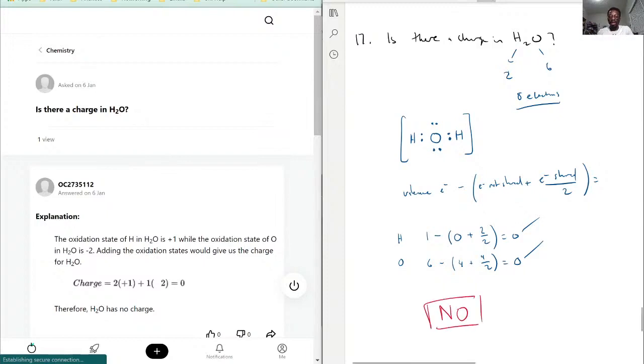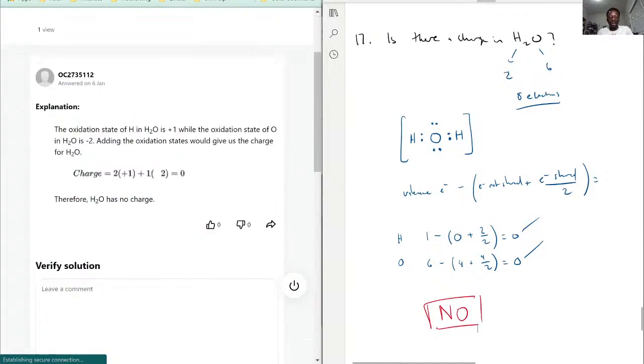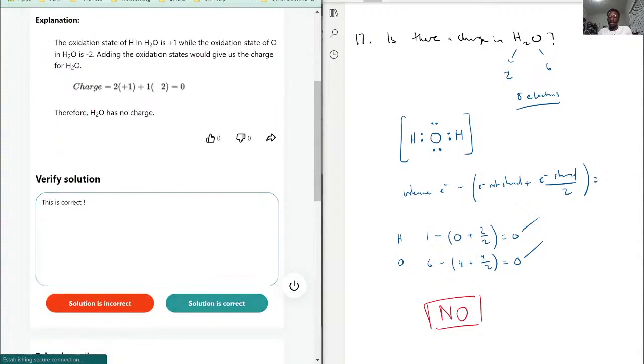Okay, and that is what they got here. They used the oxidation states, but the oxidation states assume that we have a net charge of 0. So that one can be good to use, but I would actually go with the formal charges because that at least allows us to use concrete information that we're given to be able to find that. So with that being said though,